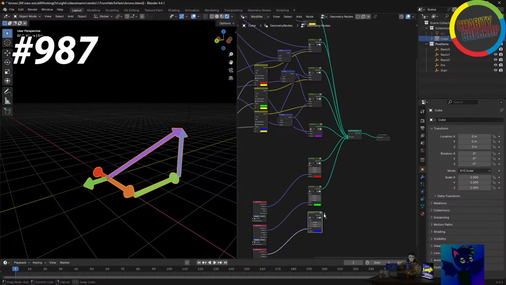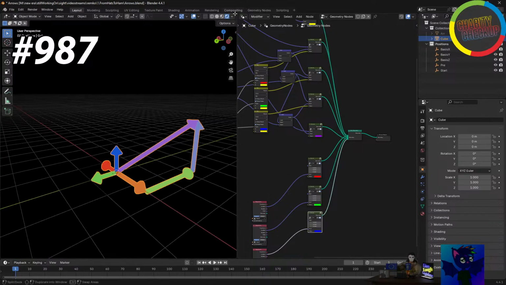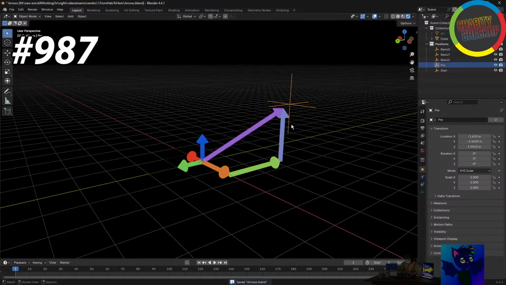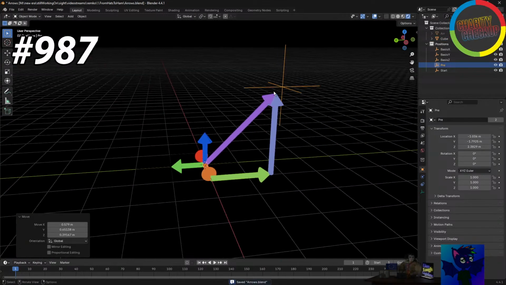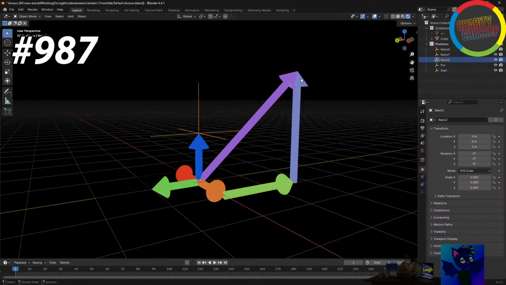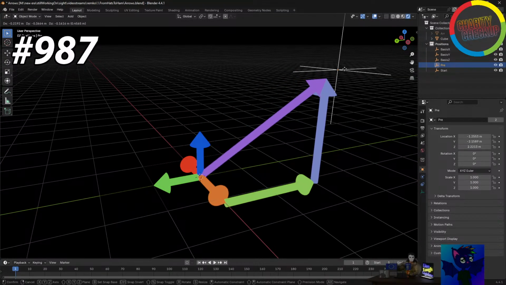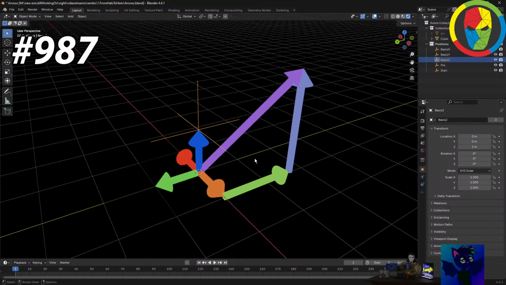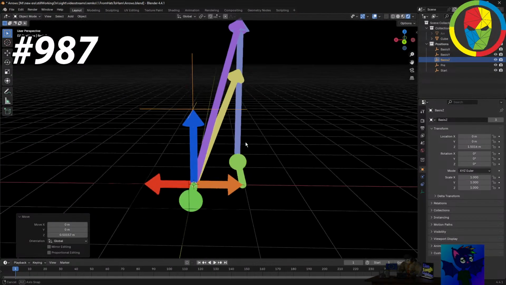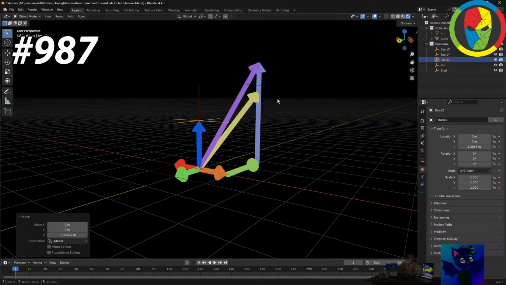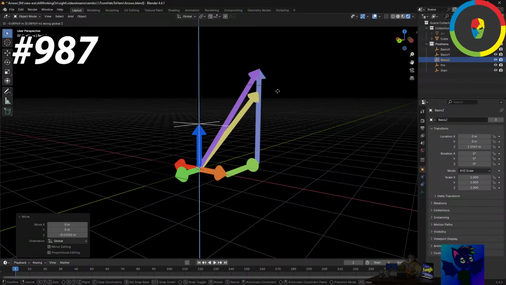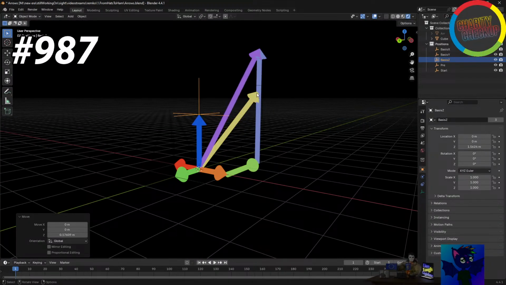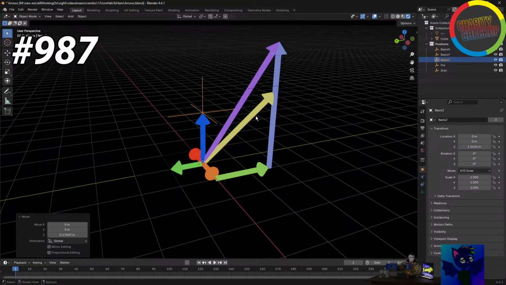Alright, now it's time to see if this is a good visualization or not. Why isn't it touching? Wait, hold on, what? Why has it always got to be something? Alright, the point is, if we change the z basis vector, if we scale it a little bit higher up, then you can see that our arrow moves. So the yellow arrow here represents... There's a lot of arrows, but